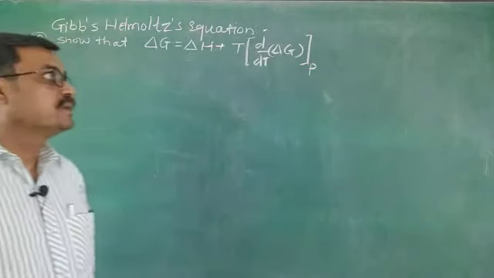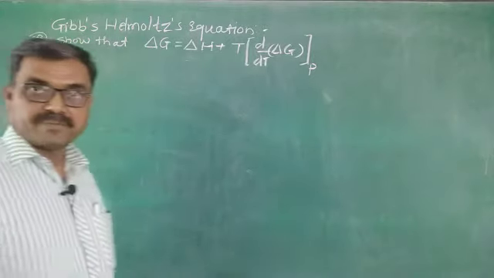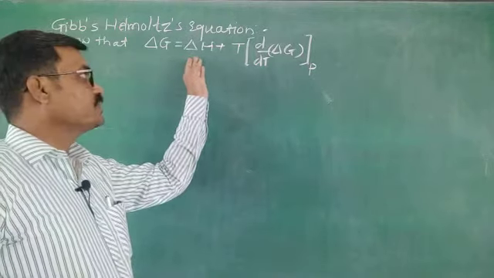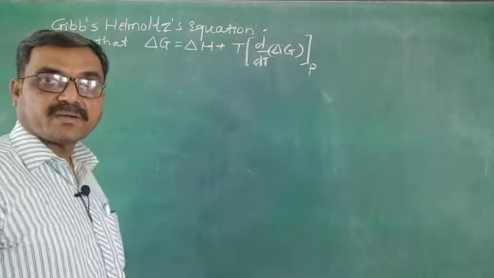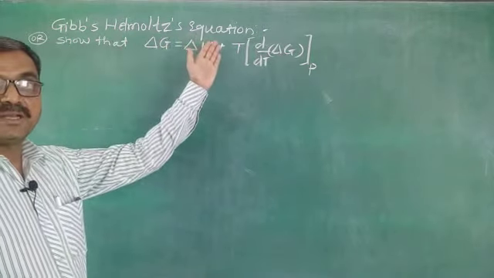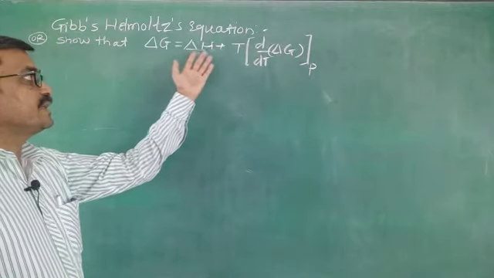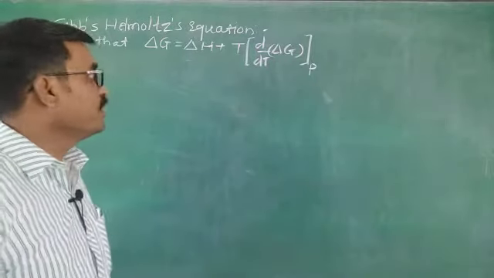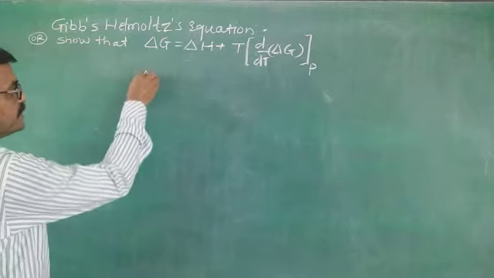See students, in this lecture we are going to see the Gibbs-Helmholtz equation, that is delta G is equal to delta H plus T into d/dT of delta G at constant pressure. This derived Gibbs-Helmholtz equation may be asked as "show that delta G is equal to delta H plus T into d/dT of delta G at constant pressure",